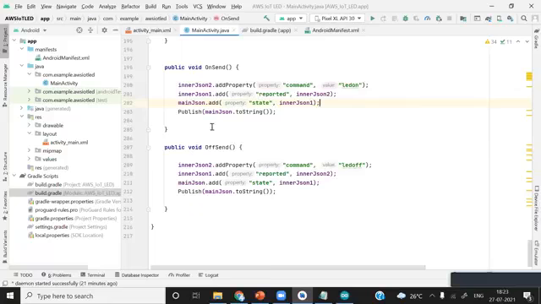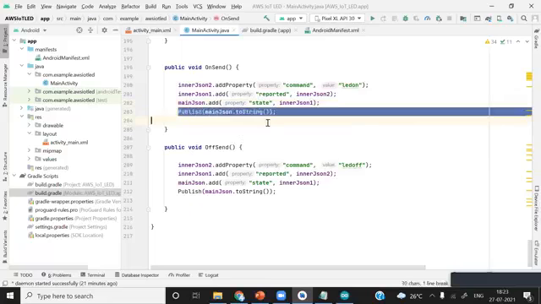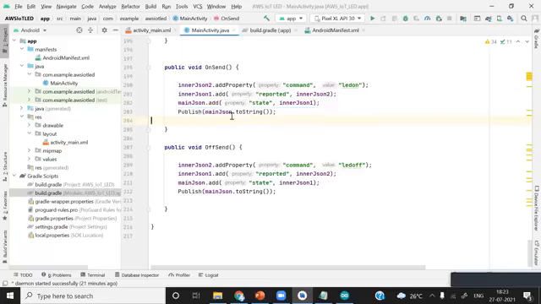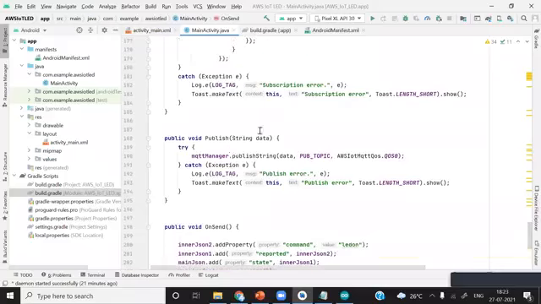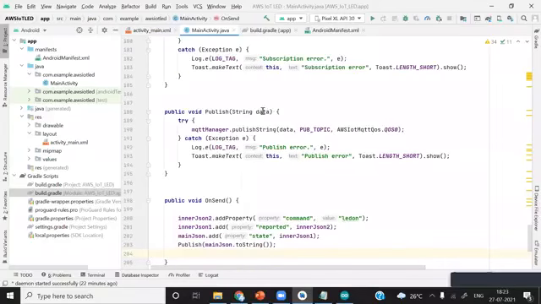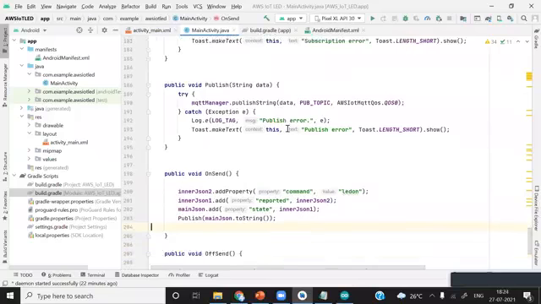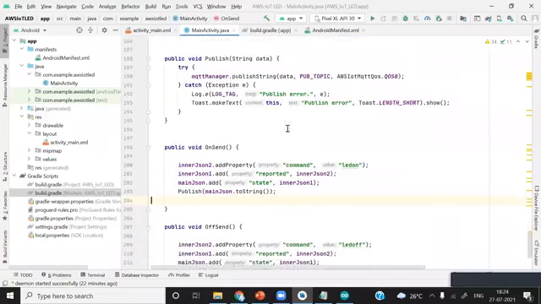After this we call the function publish, main JSON dot toString, and send the entire thing. We convert it to a string first, and then call this function. It receives this string data as the first argument and sends it to the AWS IoT broker.